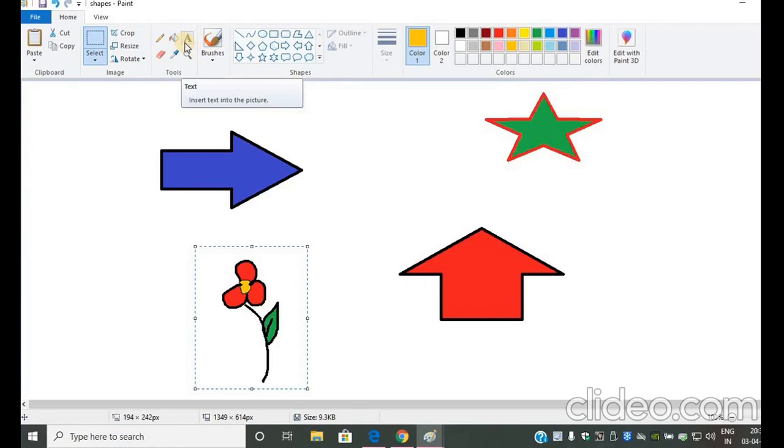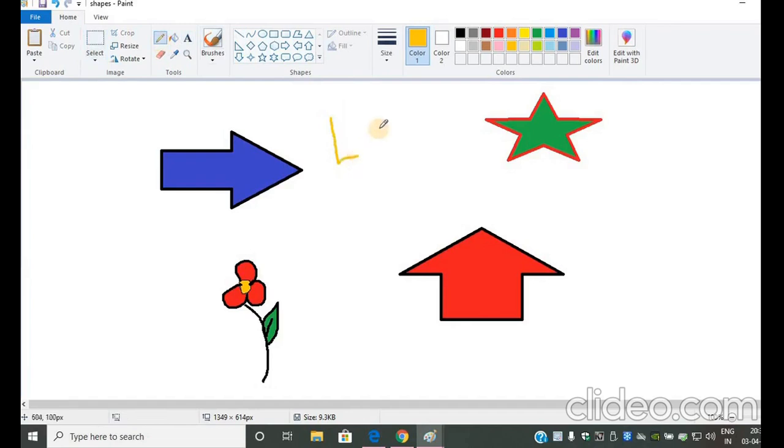Students, what happens sometimes when we are doing the drawing, sometimes we need to draw some pictures and we want to show some labels, or we want to give some label to the particular picture. So how to give the label? Because writing with a pencil is very difficult. It may not come properly. My handwriting may not be as good as I can deal with the pencil. For small children, it is difficult to write with a pencil. So in that case, we can use this text tool.